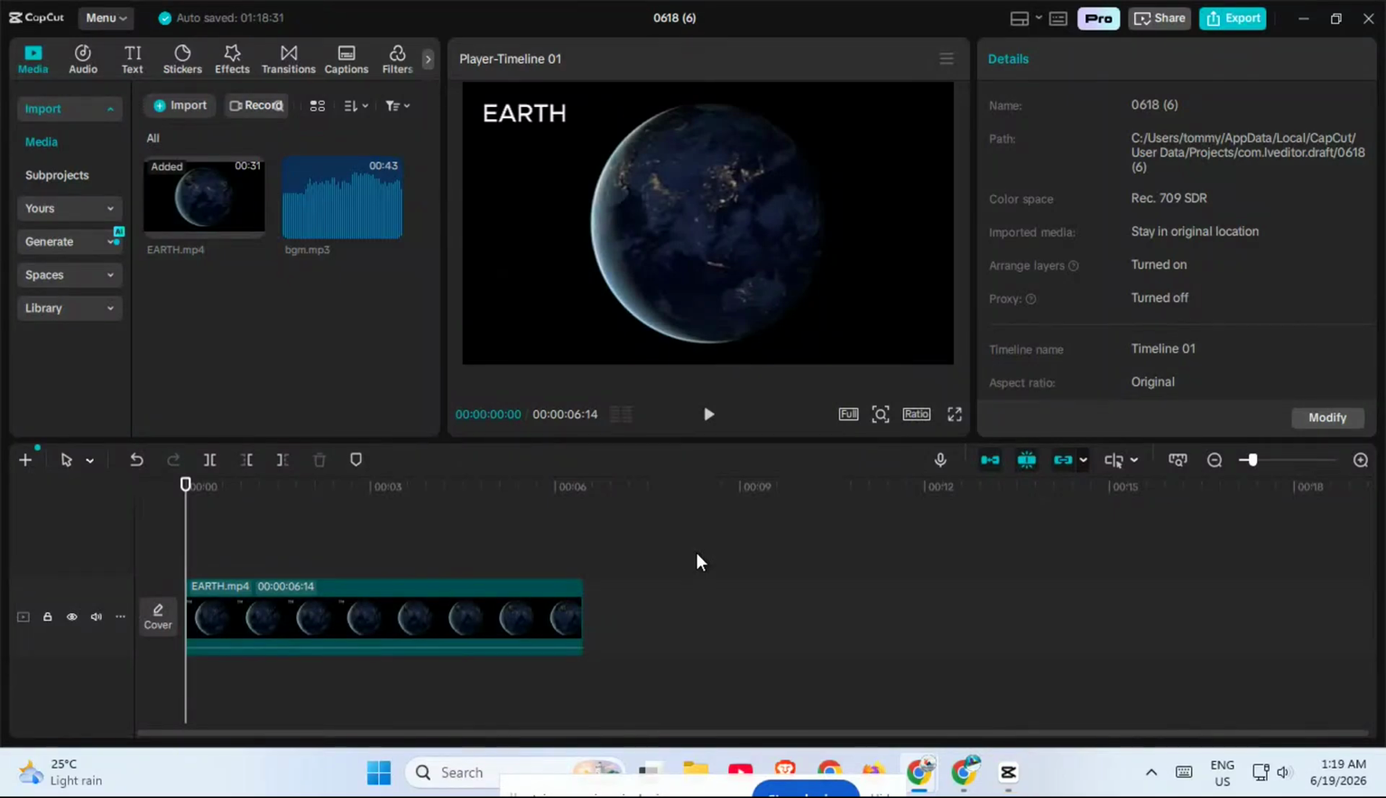If CapCut is giving you error 249, don't worry. In this video, I'll walk you through the quickest fixes to get your export working again. This error usually shows up because of hardware encoding issues, corrupted cache files, or export settings that are too heavy for your device. The good news is that you can often fix it in just a few minutes without reinstalling